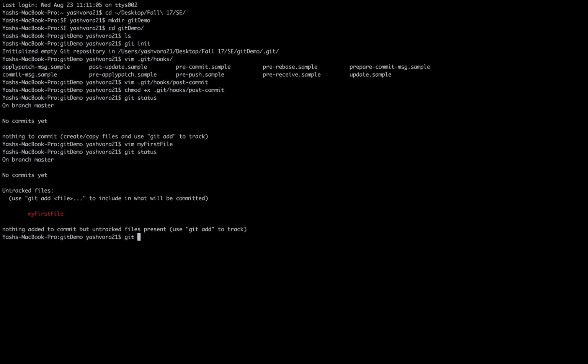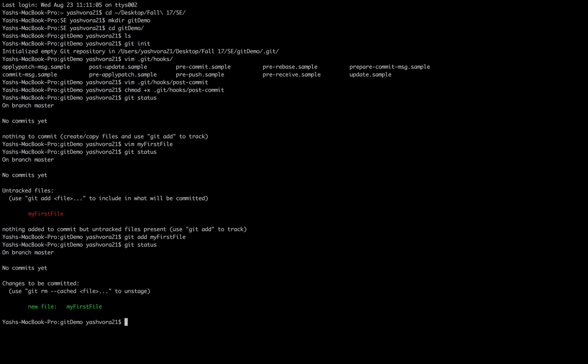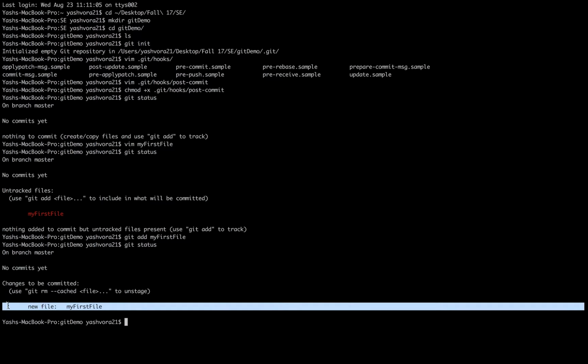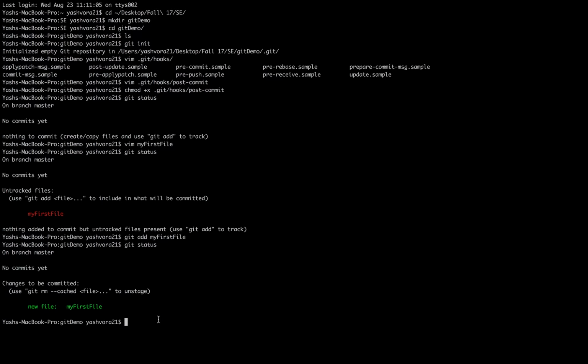So let's add it to the tracking in Git by using git add, and I'm going to say my first file. So if we see the status again, it is going to show that there is a new file which is not yet committed. So let's commit this file to the repository by using git commit -m, which is the message,